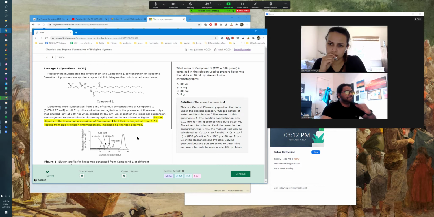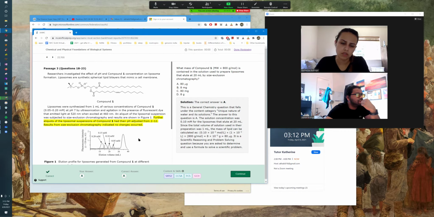What mass of compound 1 is contained in the solution used to prepare liposomes that elute 20 mLs. Sorry, you probably already answered that question. It takes me a while to process what they're asking. So at 20 mLs, you're going to have a concentration of 0.10 millimolar, and you know the grams per mole is 800. So you just have to divide that per